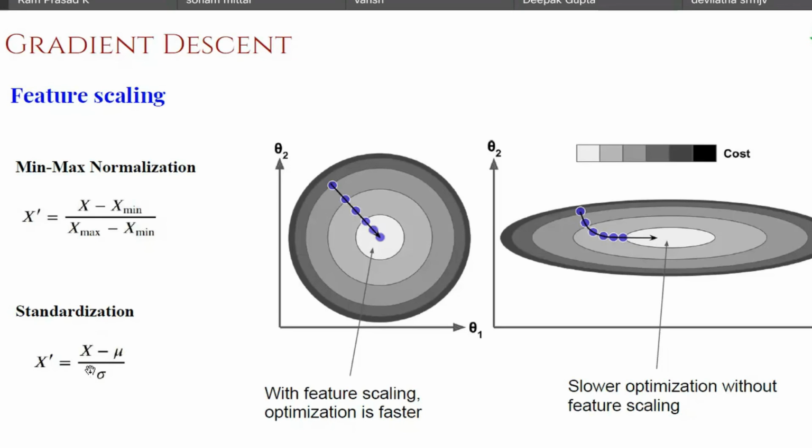So no matter what the distribution of your individual attributes is, it is trying to push the range of values to some unit normal distribution. So it will be something with mean 0 and standard deviation 1. So it will be within that range. So it will apply that standardization scaling. And it has been found that standardization is the best way of performing feature scaling. So you push all your attributes to a unit normal distribution, and then you train your model.